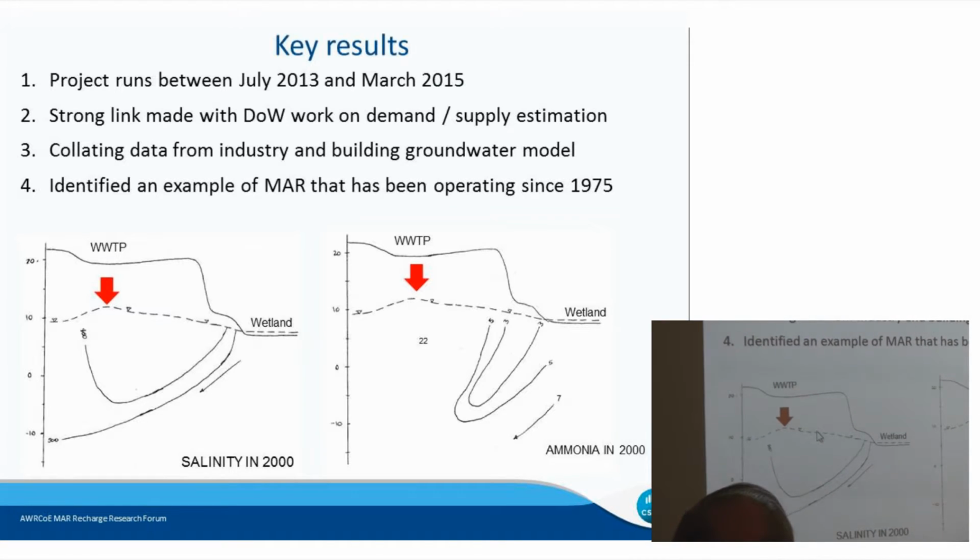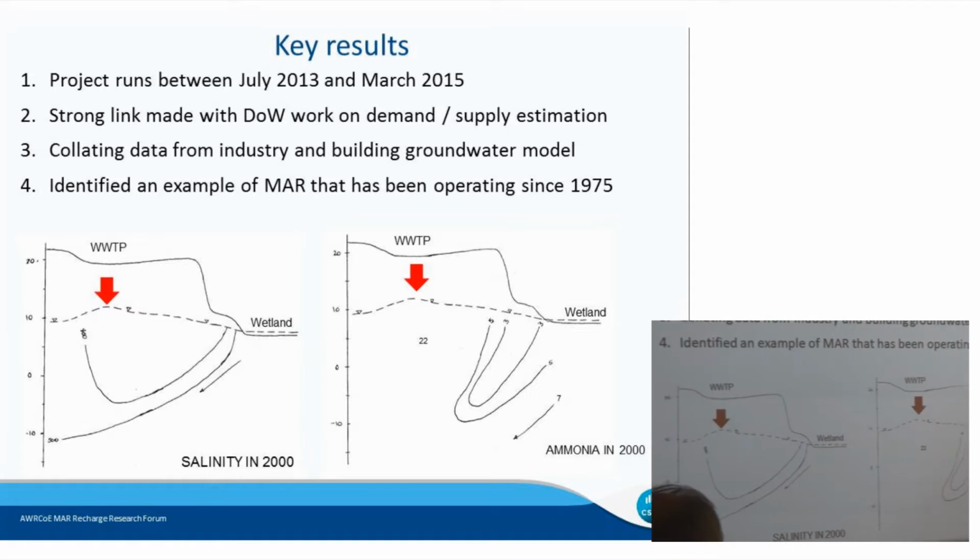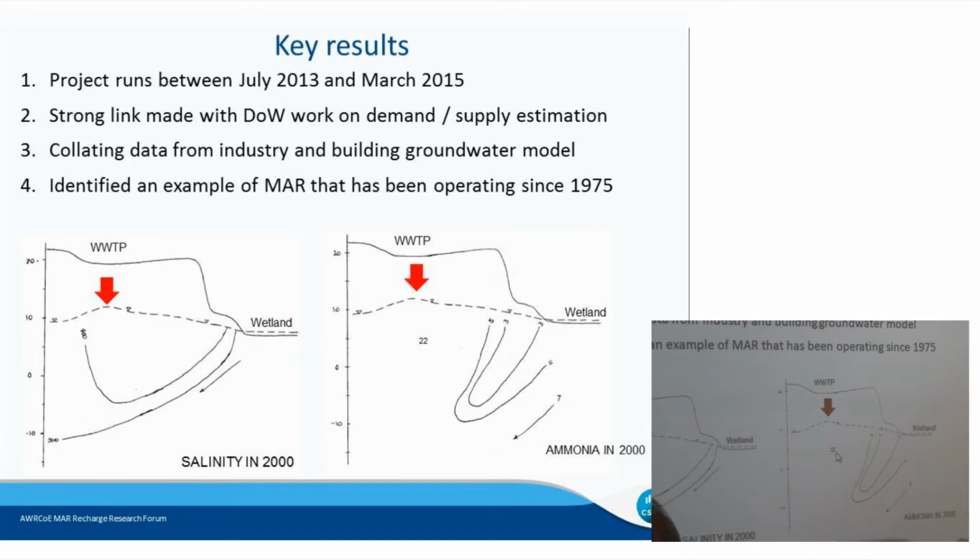And the concern or the issue is, if we put that water in, and this is only a matter of 400 or 500 metres away from the wetland, will that water go back into the wetland, and particularly will the nutrients go back in and cause a eutrophication problem? So in this project, we're going to do some much more detailed investigations. And fortunately, there's some very good monitoring bores there that we're going to get some detailed data for. And you can see that at the moment, ammonia levels are very high, and we want to look at options of whether we can actually denitrify it, if we can get some systems going to denitrify it. So I won't go into that anymore, but